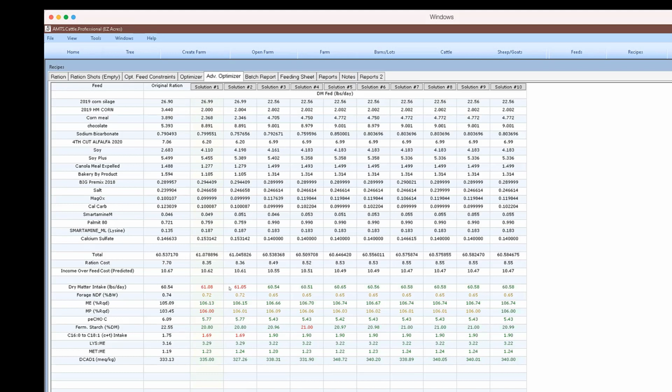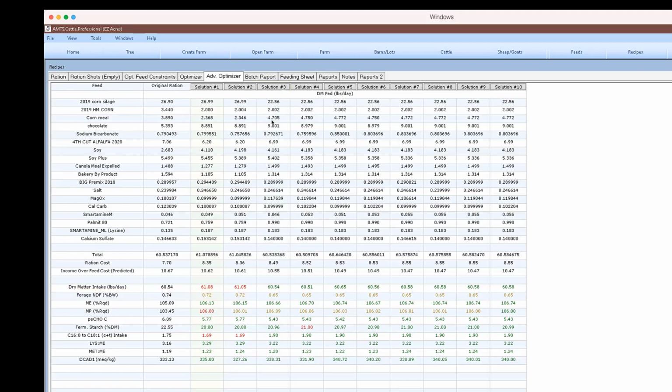So we can pretty much ignore those two right from the beginning. If we look at, for example, solution number 3, where it really struggled, the only thing that it was off on was the forage NDF as a percent of body weight. It was forced to go after a lower forage diet.